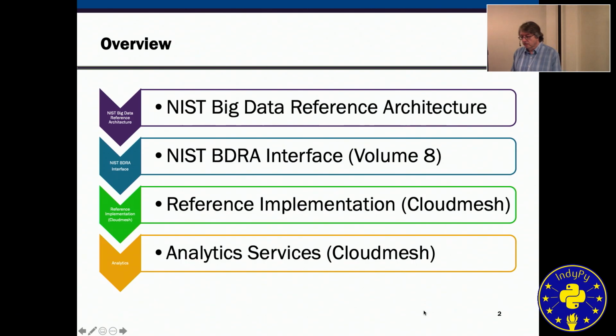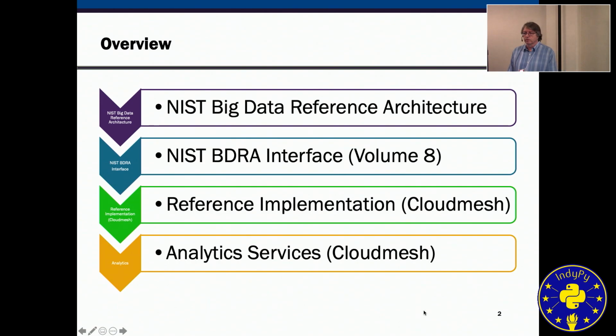In particular, I will be talking about volume 8, which I was an editor on, and I'm happy to announce that NIST last week has accepted that volume as a publication. So last week, but it's not yet on the website. I will be putting up some links, and you can look them up later in the video that is available online to find out where this is. But NIST will update volume 8.